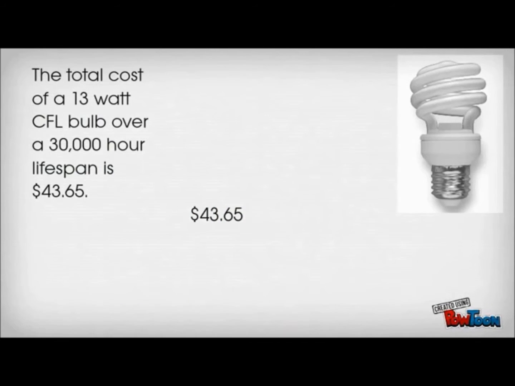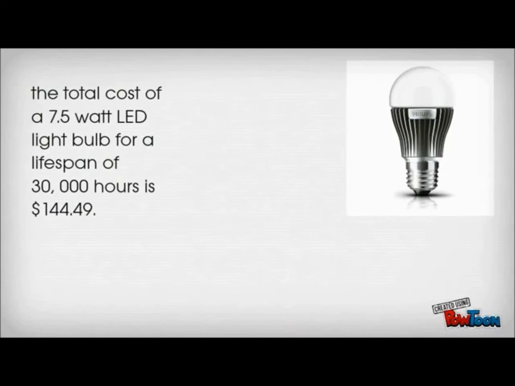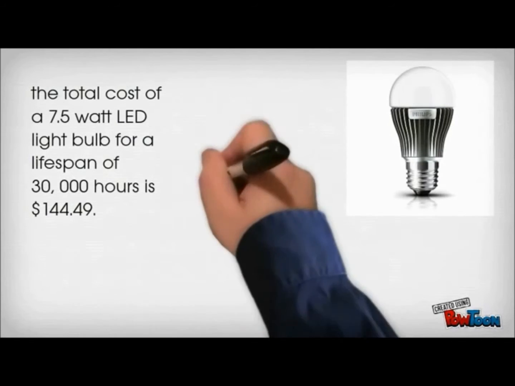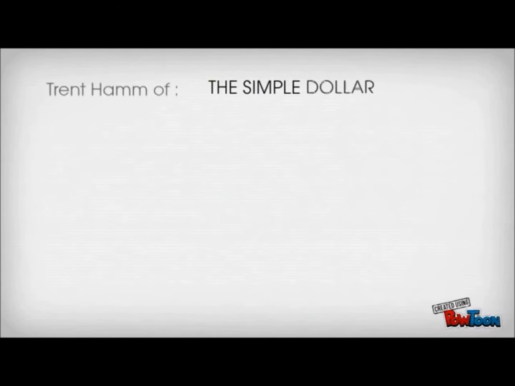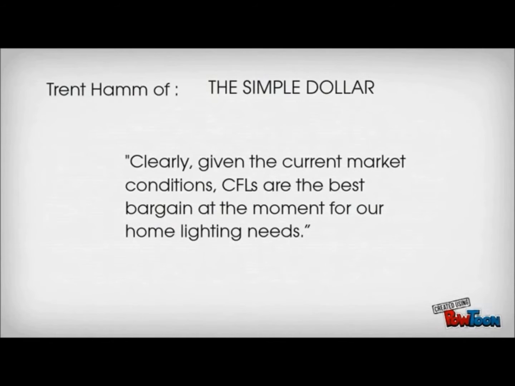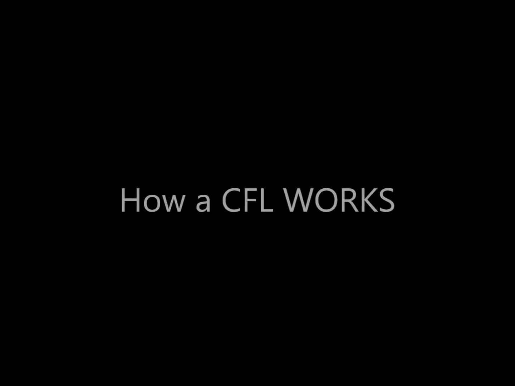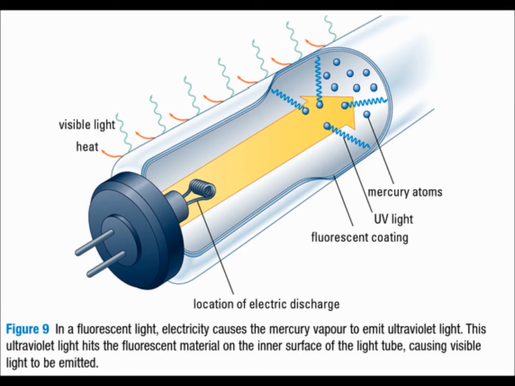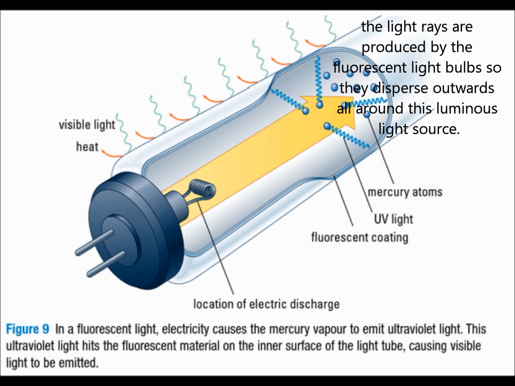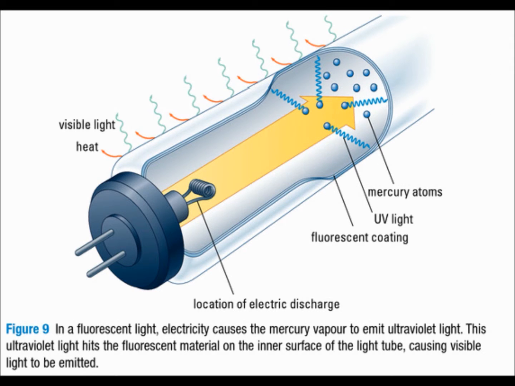The total cost for a 7.5-watt LED light bulb for a lifespan of 30,000 hours is $144.49. Trent Ham of the Simple Dollar says, quote, "Clearly, given the current market conditions, CFLs are the best bargain at the moment for our home lighting needs." The fluorescent light bulb is full of mercury vapor, and when electricity is sent through the tube, the mercury gas produces ultraviolet light. The phosphor coating on the inner surface of the light tubing absorbs the ultraviolet light, allowing immediate